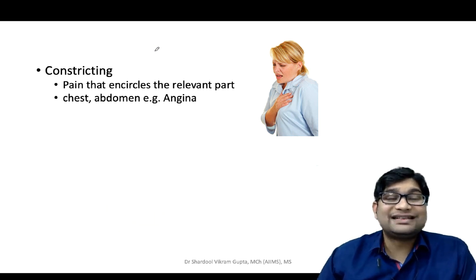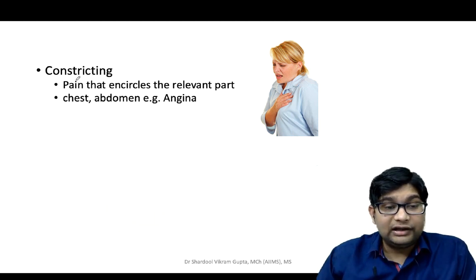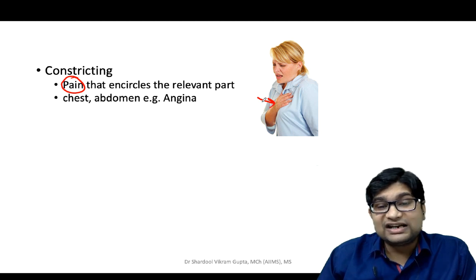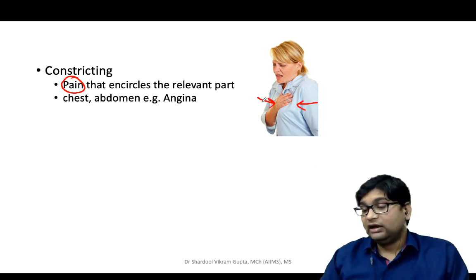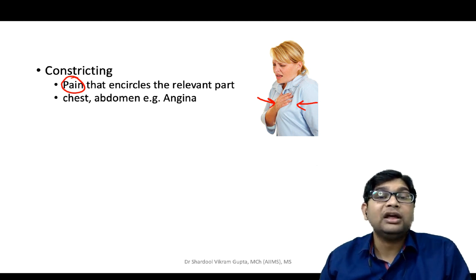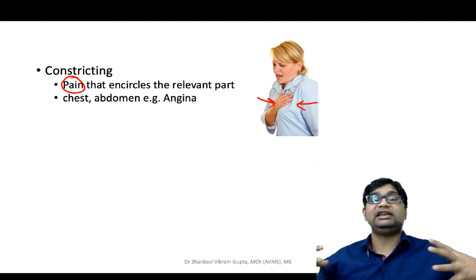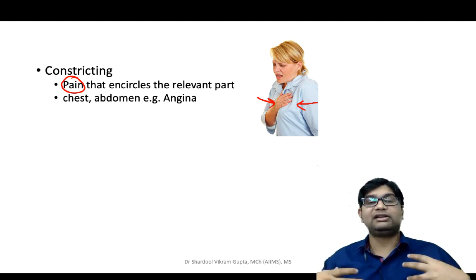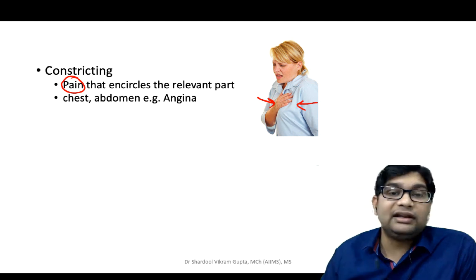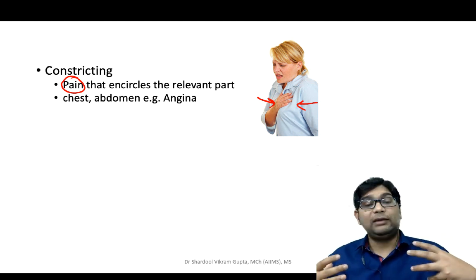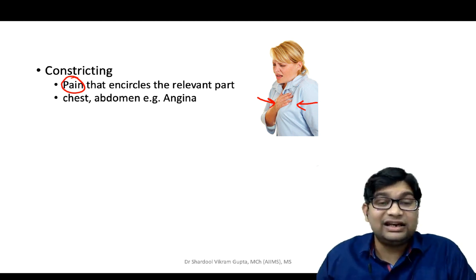So there may be constricting pain. So the pain will occur in an area, and patient will feel that it is constricting the relevant part. जैसे कि sometimes even in angina, patient will not say that I am having pain. Patient will say मुझे ऐसा लग रहा है कि सीने में जकड़न है. Patient will say I am having constricting feel over the chest. They may not even say that I am having pain in the chest. They will say that I am having constricting type of feel in the chest, which is seen in angina pectoris.